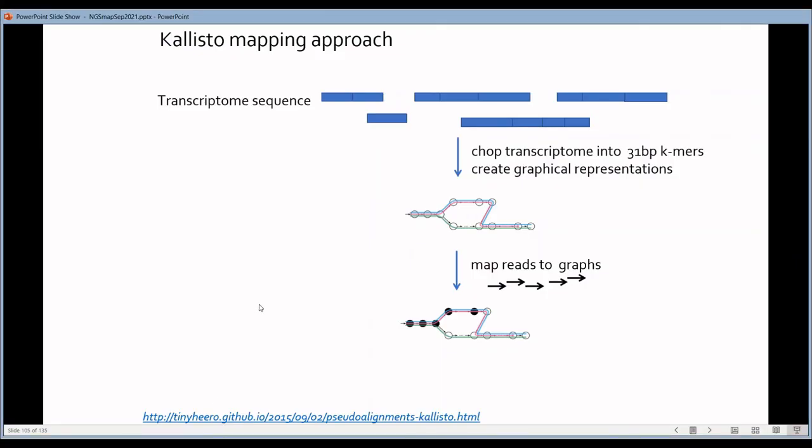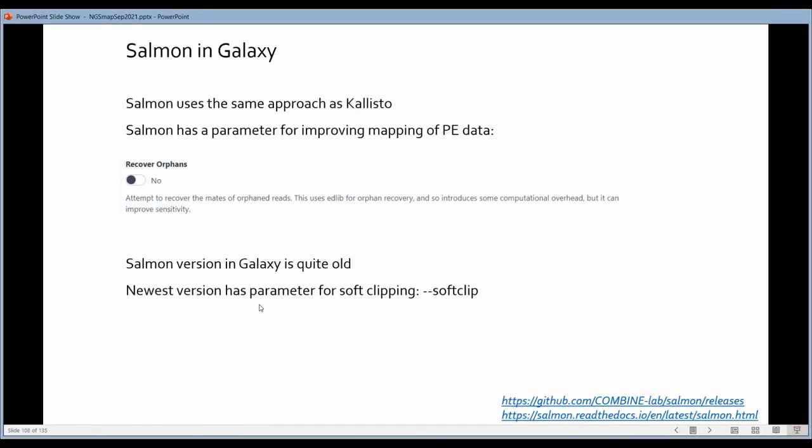So Salmon is very, very similar to Kallisto. It uses the same approach. It has mostly similar parameters as Kallisto. It has a few specific ones. So it has a parameter which is called recover orphans.